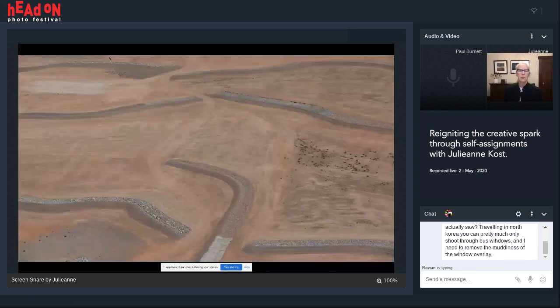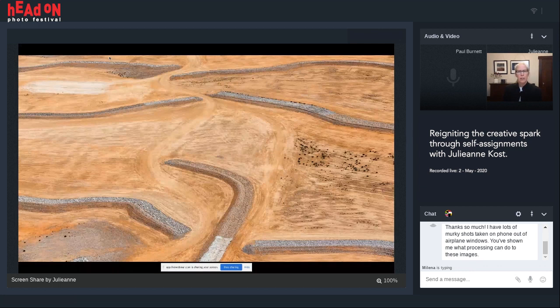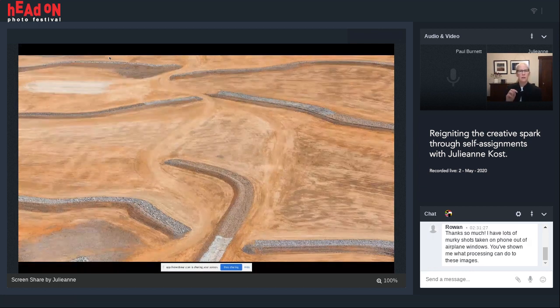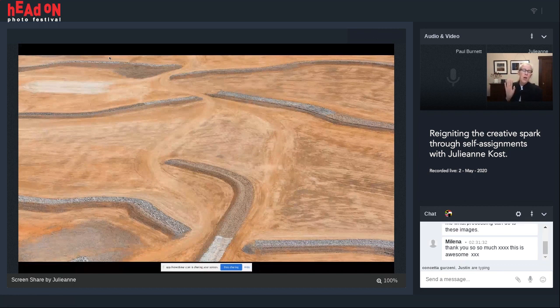So this is going to be a housing development in Las Vegas. Again, that's what I would do in Lightroom. I'll go in there and just remove all of those little weeds growing in there. But even though I do a lot of post-processing like this, I don't get lazy. I want to make sure that I get as much right in camera as I can, right?